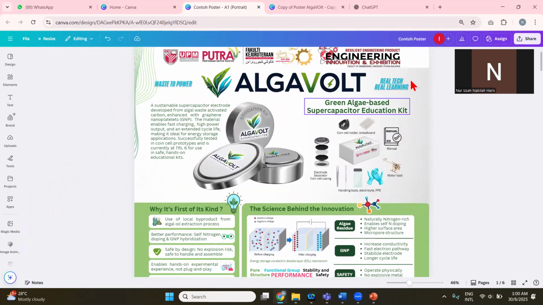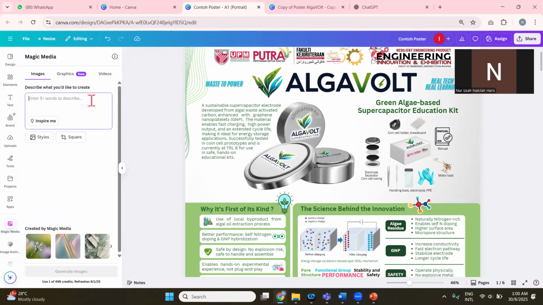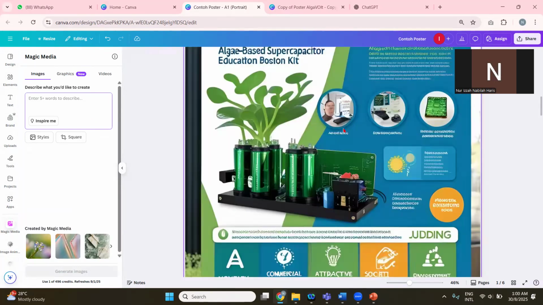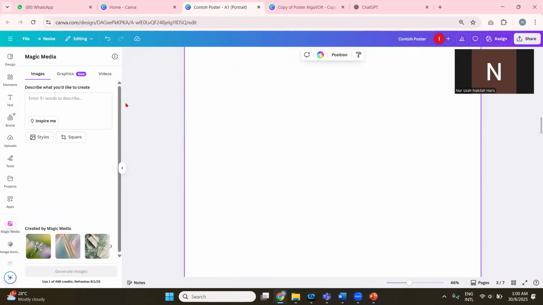Basically, you need a logo. This is the logo that I made. You can also design your own logo, for example, Indah IoT oil recycler. So how to make a logo easily? You can use Canva AI. Go to the left panel here and go to Magic Media. I will create a new page here so that you can see the logo of